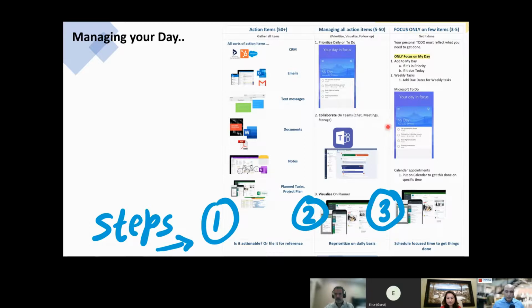But Teams you will have to put manually. So all I'm saying is if in your mind you keep to-do as the only tool which will tell you what to do, then the flow is to make sure all flows to either Teams and planner, and then ultimately it flows to to-do.